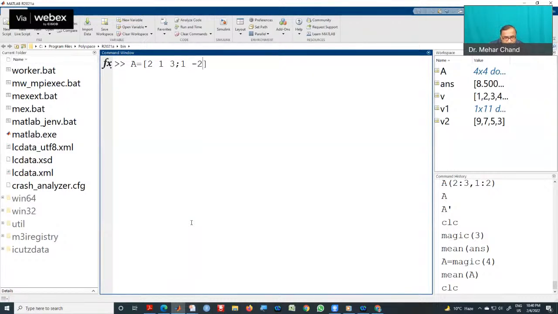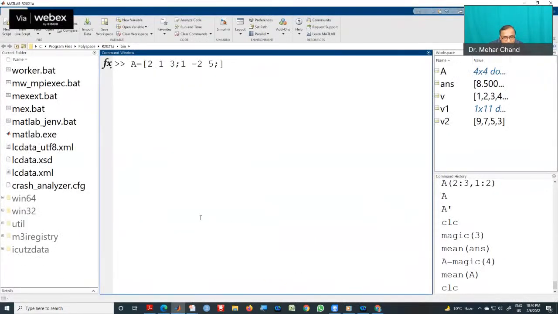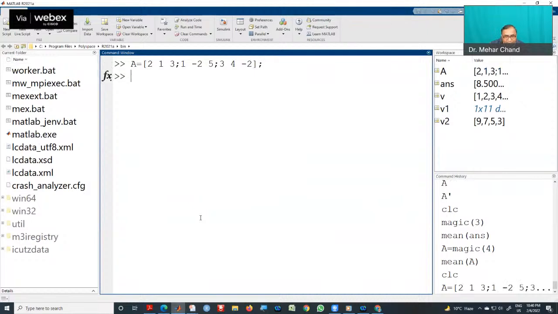Then the third row. The elements in the third row are 3, 4, minus 2. Okay, so this is matrix A, and matrix B is equal to, we have the elements